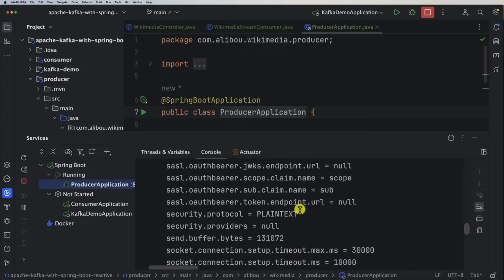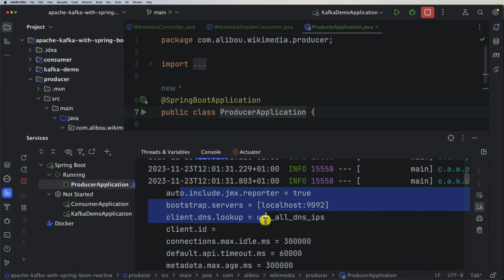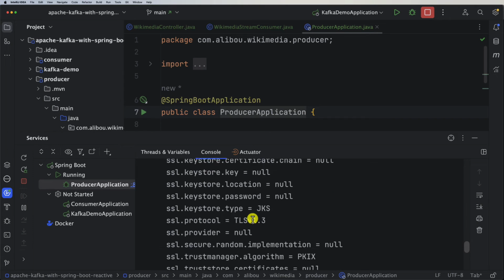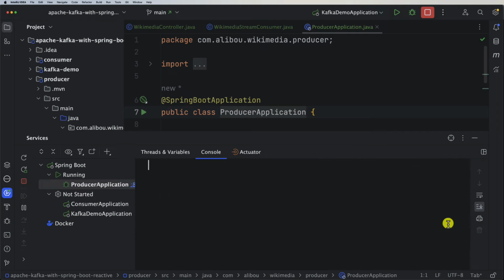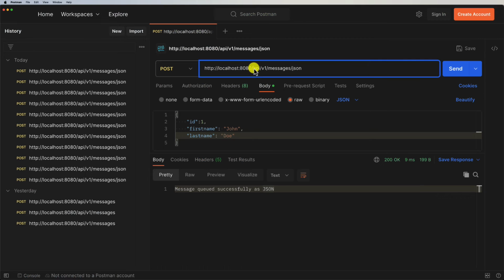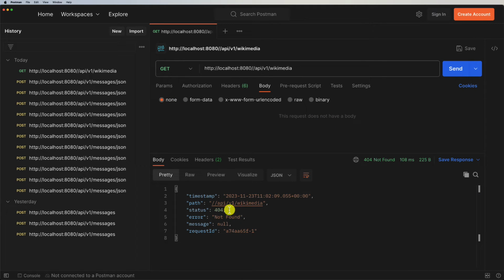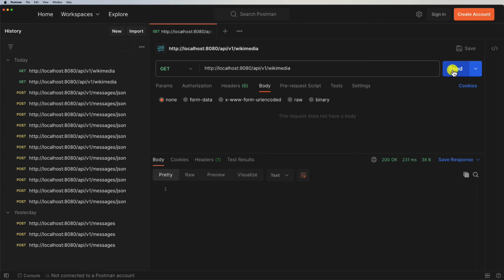Also you see that the configuration for our Kafka is working, and here we also have this output for Kafka. First I will clean this one, and then I will open Postman and send a GET request to this API. Let's change the URL right here, and it will be a GET mapping. We have nothing in here, and I will just click OK. It's 404 because we have a typo here, so let's click send again.